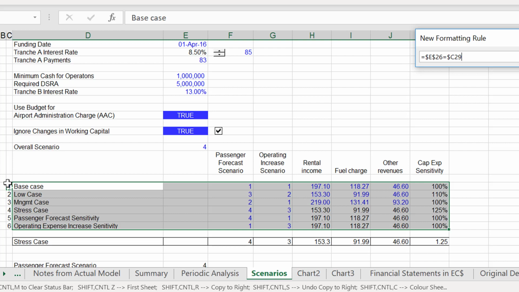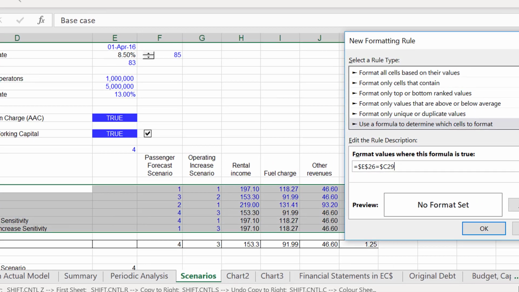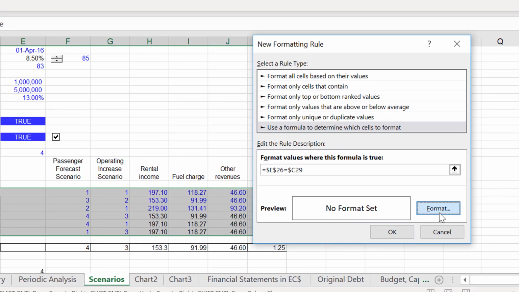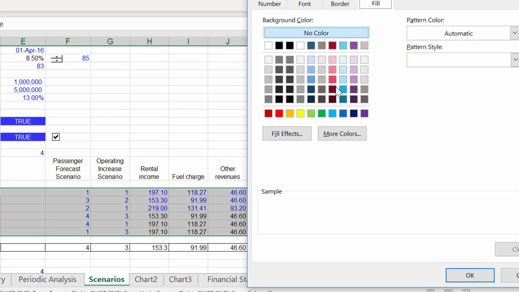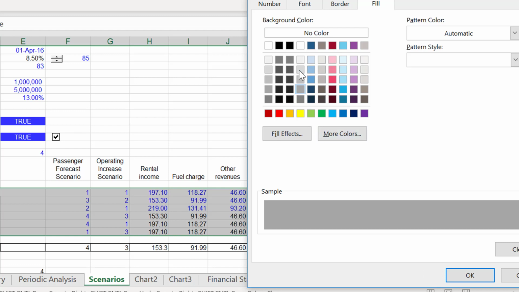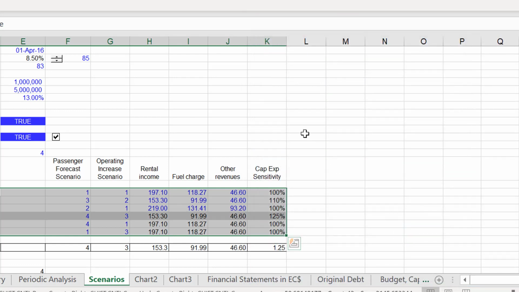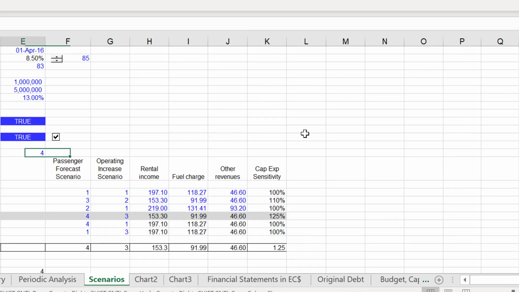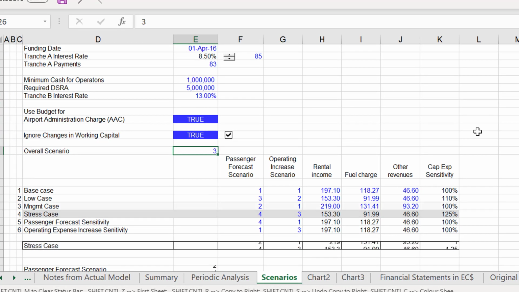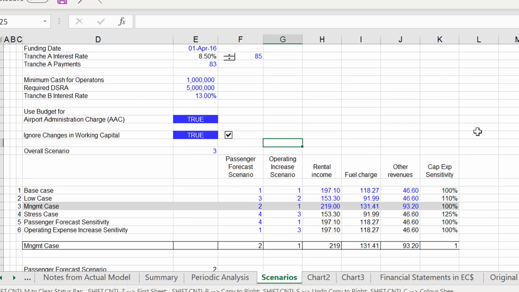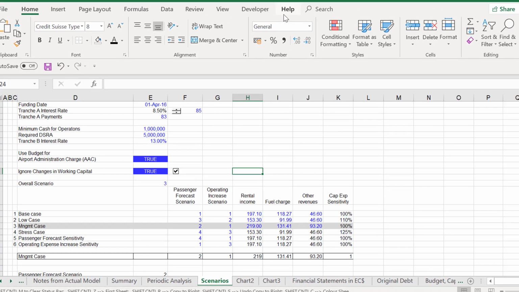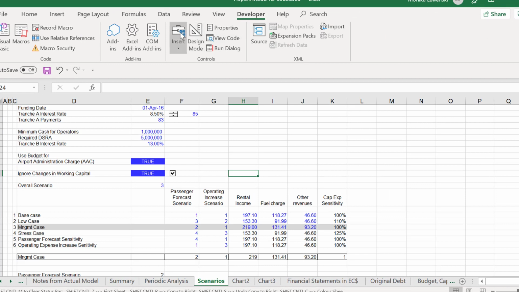So we're just going to keep it on the C, and then you go to format, and then you can show what scenario. Picking the color is a big deal. Okay, oh, that's a bad one. Let's try this one. Okay, and then hopefully it'll show us. So if we're on scenario 4, it shows us that's conditional formatting, and then you can make your little scenario button, or whatever you want to call this.